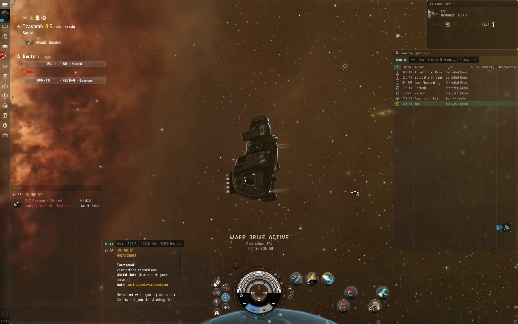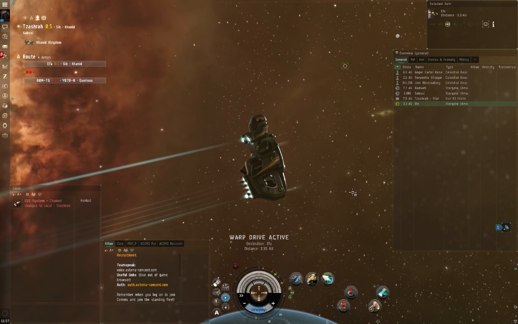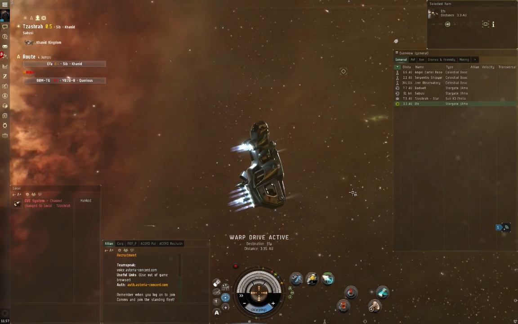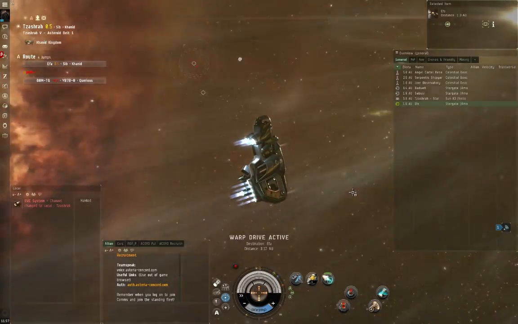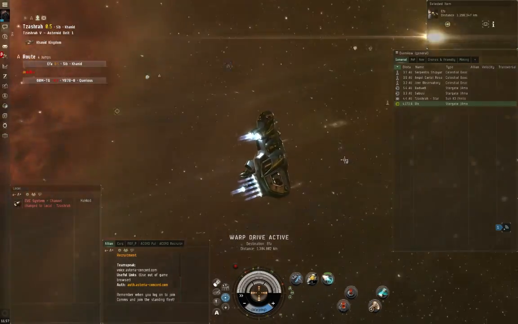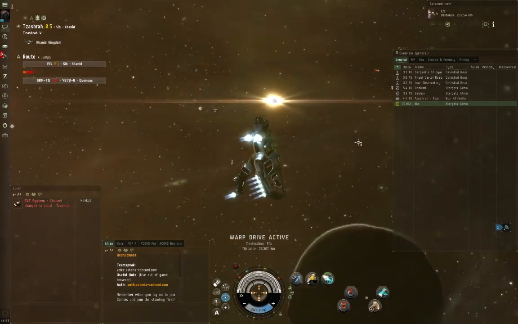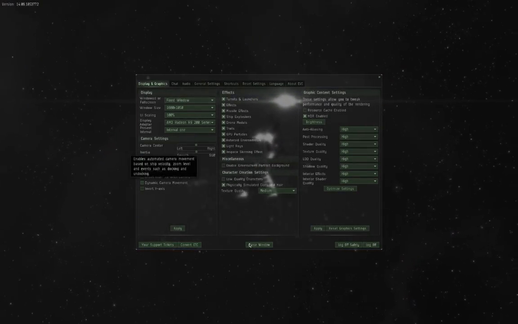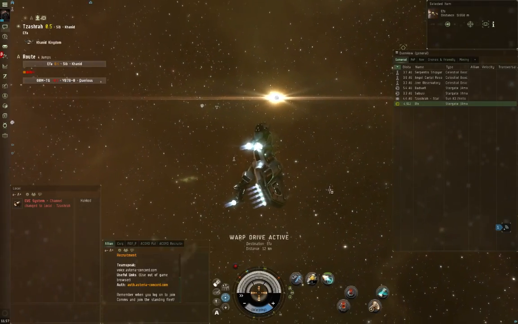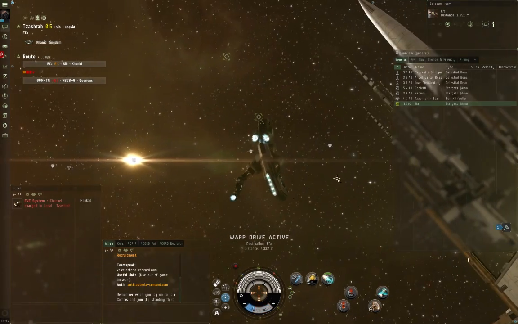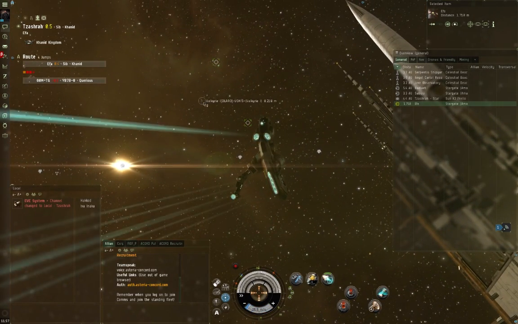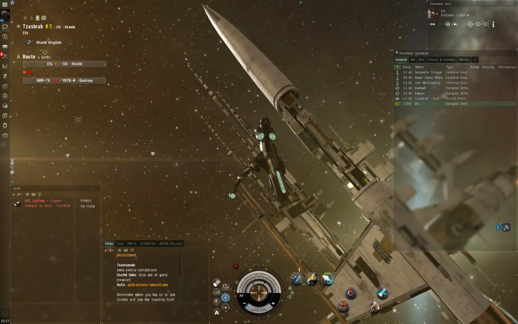The other cool thing is that outside of the docking animation and the undocking animation and the ship change animation and the logging into space animation that get deactivated when you turn this option off, another thing gets turned off, which highly annoyed me yesterday. That's a drone I can pick up. And that is that little, so